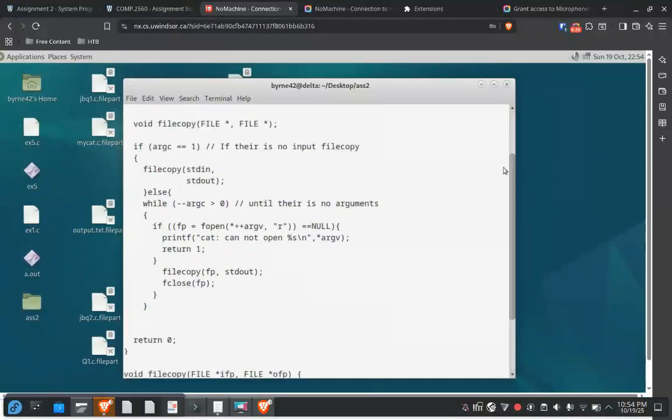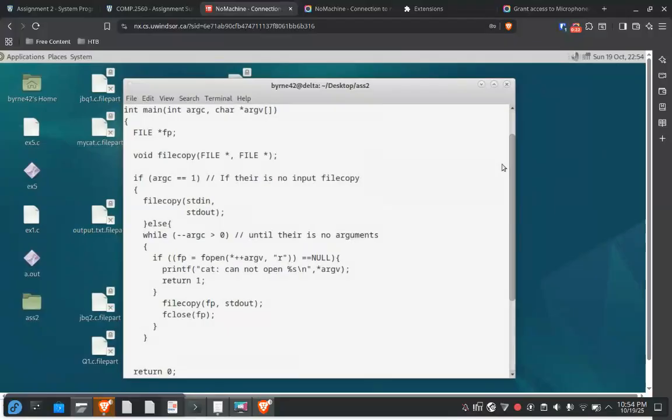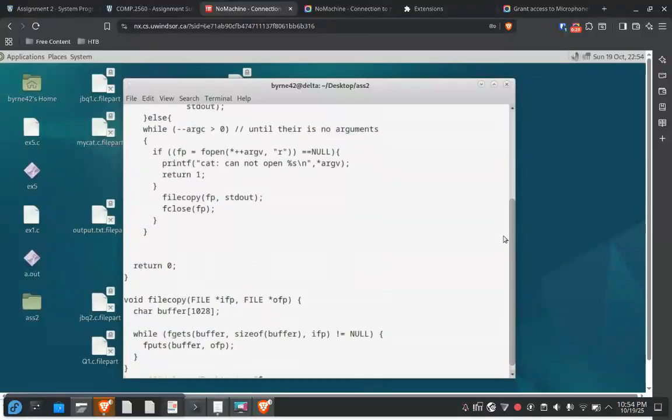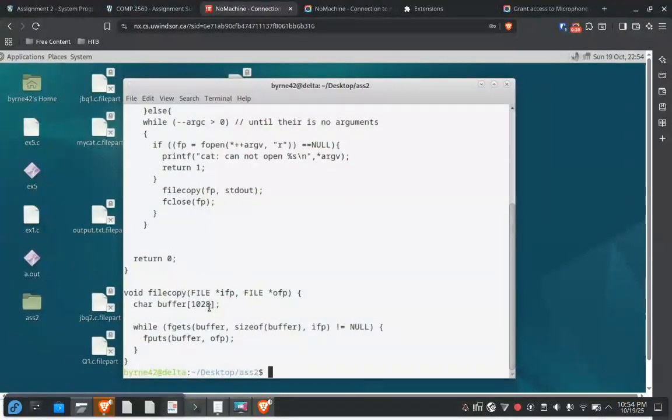Here's the first function or file. Just using fgets. Here it's pretty much just defining an arbitrary sized buffer of characters, and it's taking in that size of input from the input file one at a time until it reaches the end, which is null in this case because it's fgets. And every time it takes it, it pushes that into the output file. So if I do this,